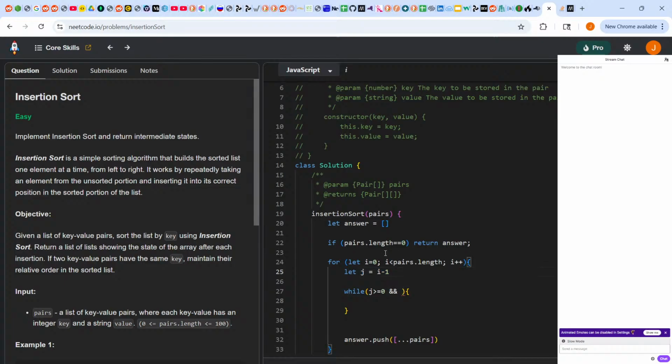But anyway, let's say if i's key is less than j's key, yeah,